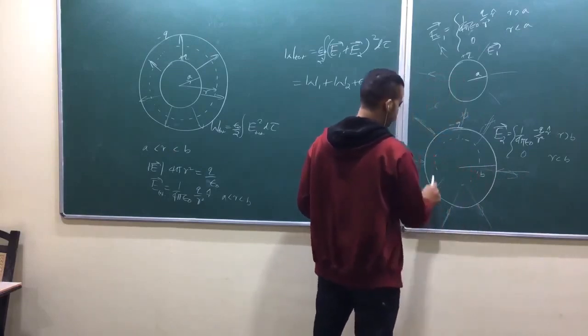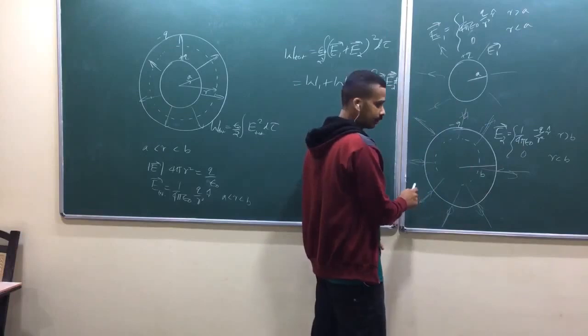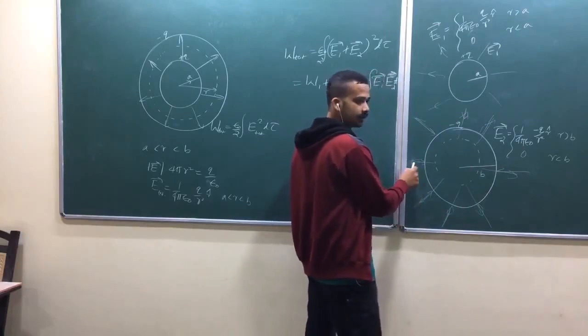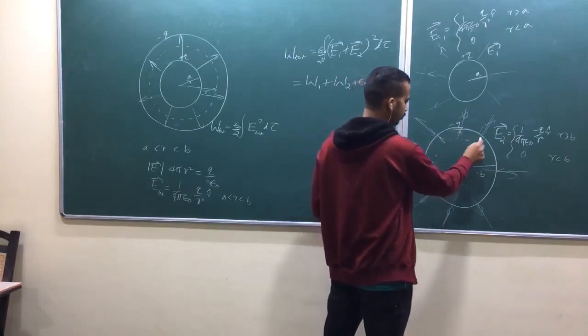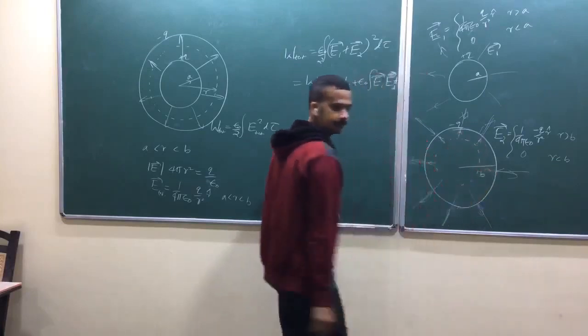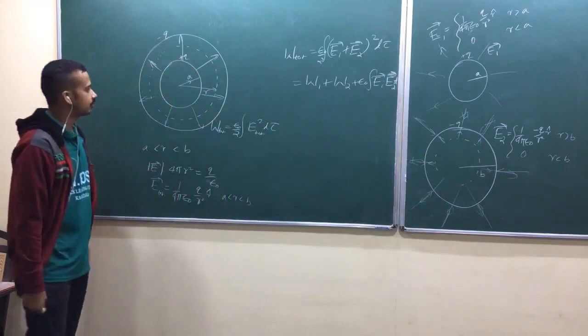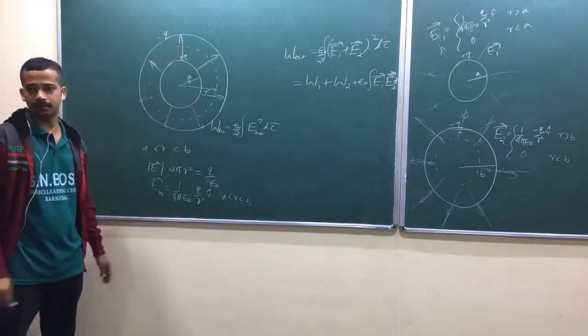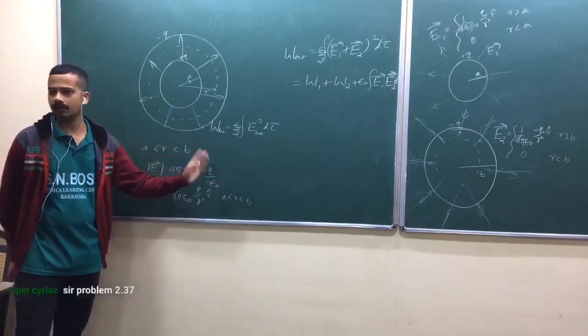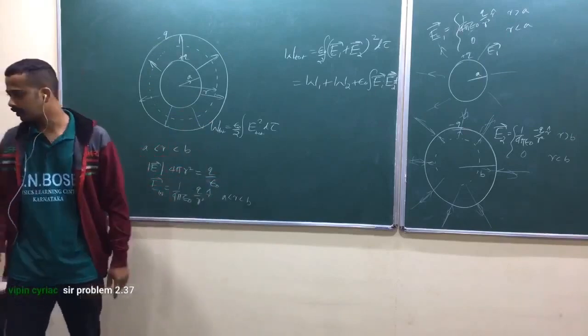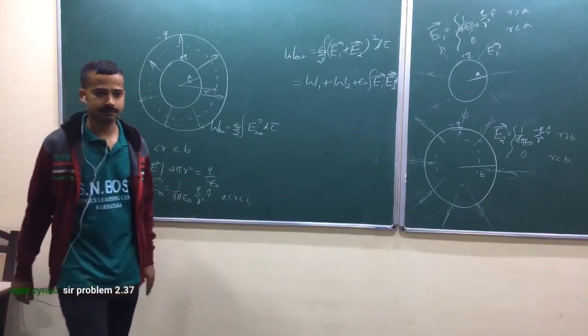Suppose I take the superposition principle, how it works. Now look at here, outside the outer one, it got cancelled. Inside, this exists. You can assume like that also. Lot of ideas. That's why only in this region your electric field exists. But from an exam point of view, just do that volume integral from A to B, so that r runs from A to B. That's done. Okay, so in the next problem, what's the next question?